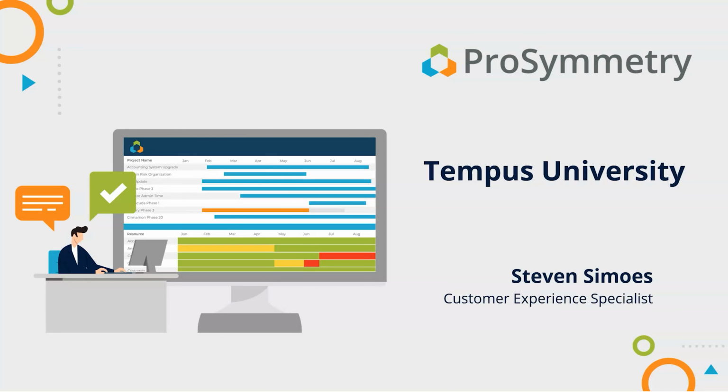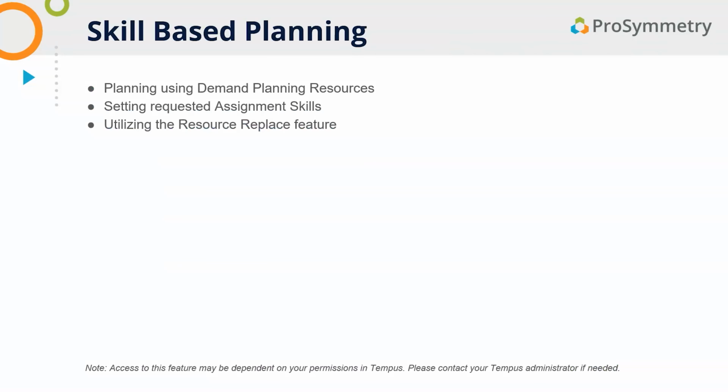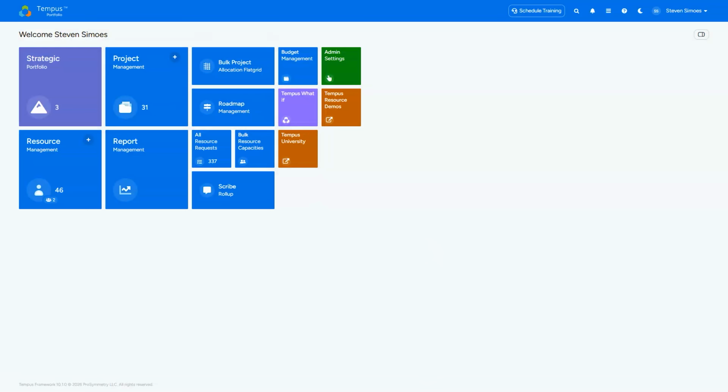And in this Tempus University video, we're going to be reviewing skill-based planning. This includes planning using demand planning resources, how to set requested assignment skills, as well as utilizing the resource replace feature. So coming into my Tempus environment, the first thing we're going to want to make sure we have is